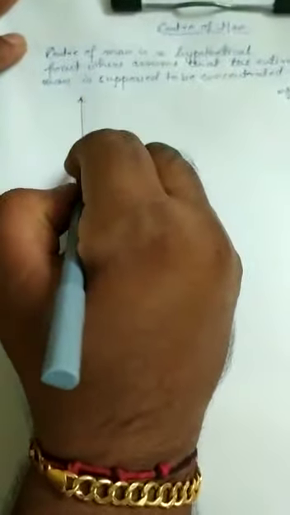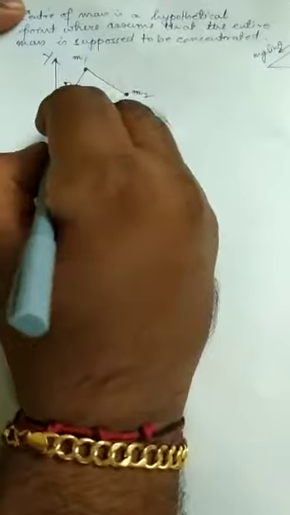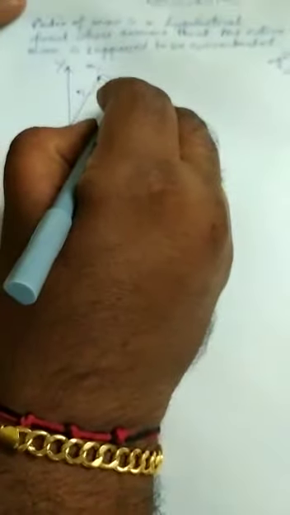So in the center of mass, suppose this is the x axis, this is the y axis, and there is a system of a body composed of two masses. Let this mass be m2 and this mass be m1. The position vector of this mass is r1, and of this mass is r2, and the center of mass of this entire system is over here, that is the point P, which is lying at a distance r from the origin.